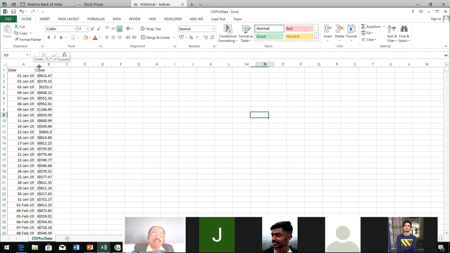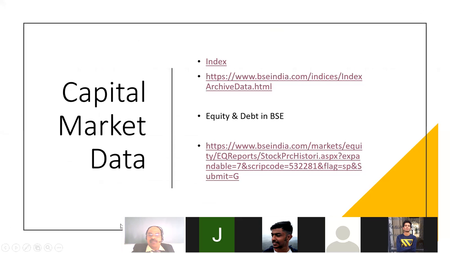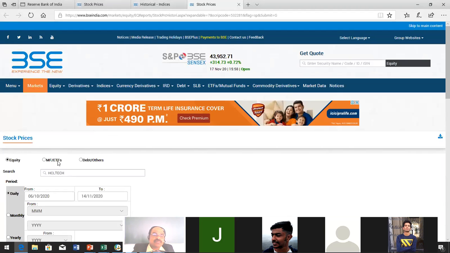Now once again we will gather the data of State Bank of India Index from 1st January to 31st March. Why I am telling this, because the previous dates are different. Our students make the biggest mistake: one group of data belongs to one date, another group of data belongs to a different date. That is why I'm telling. Let us see the State Bank of India details. Once again, I'm going for SBI.